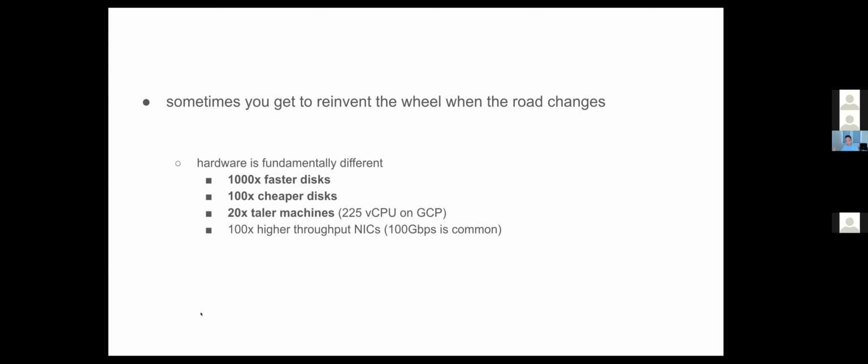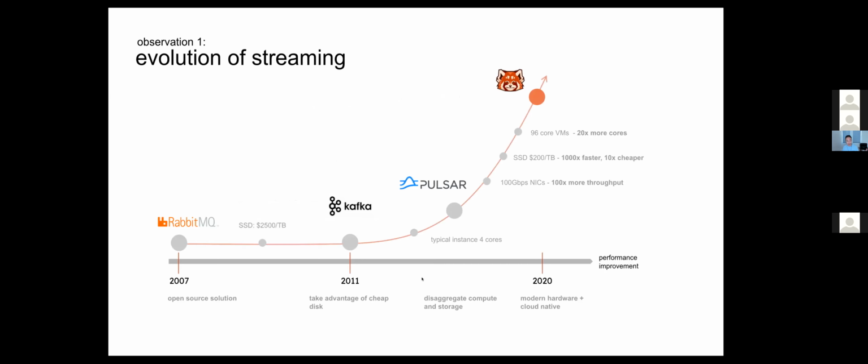Software doesn't run on category theory, it runs on real computers. And what does that mean? It means that from a decade ago, NVMe SSD devices in particular are 3 orders of magnitude faster, an order of magnitude cheaper. You started at $2,500 per terabyte, and now you can get it on Amazon at $200 per terabyte. And if you look at the latency, if you actually go and look at the Linux kernel code,